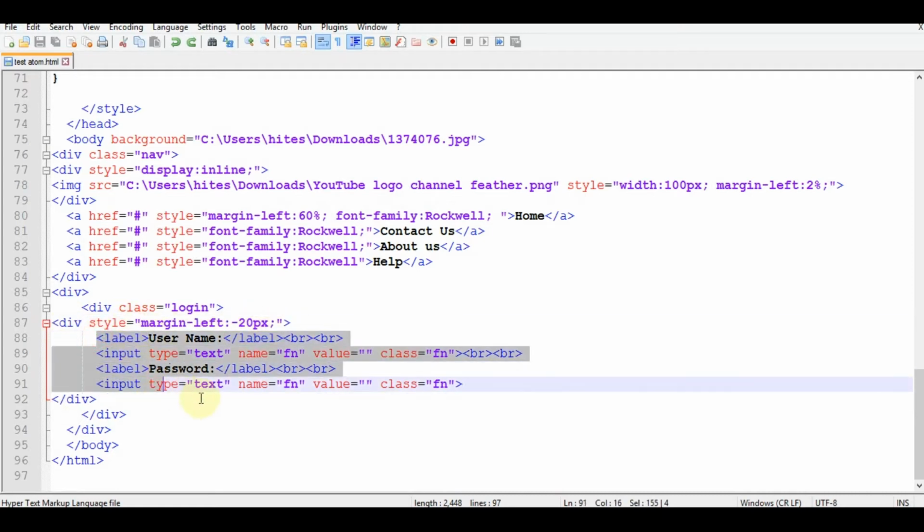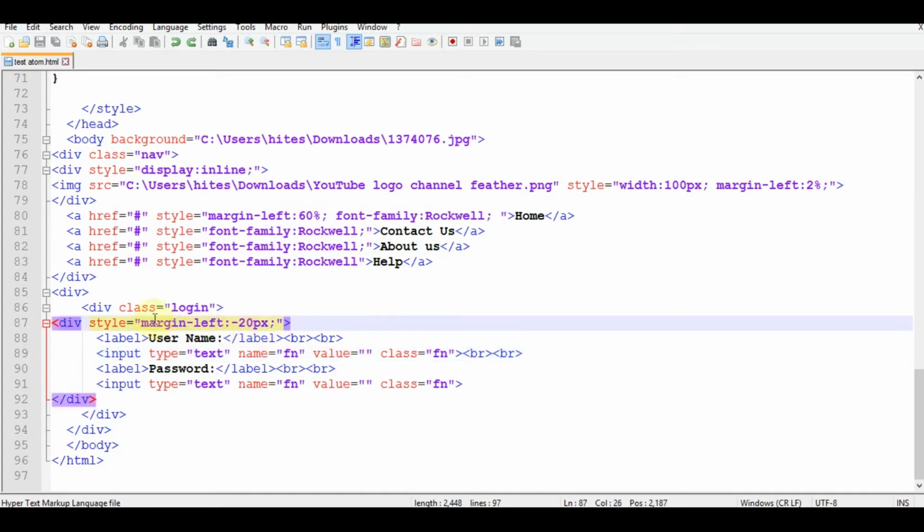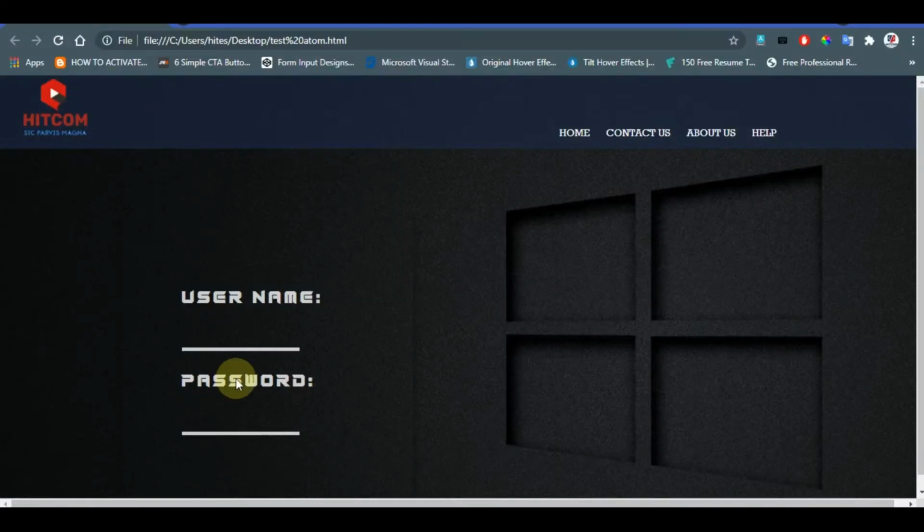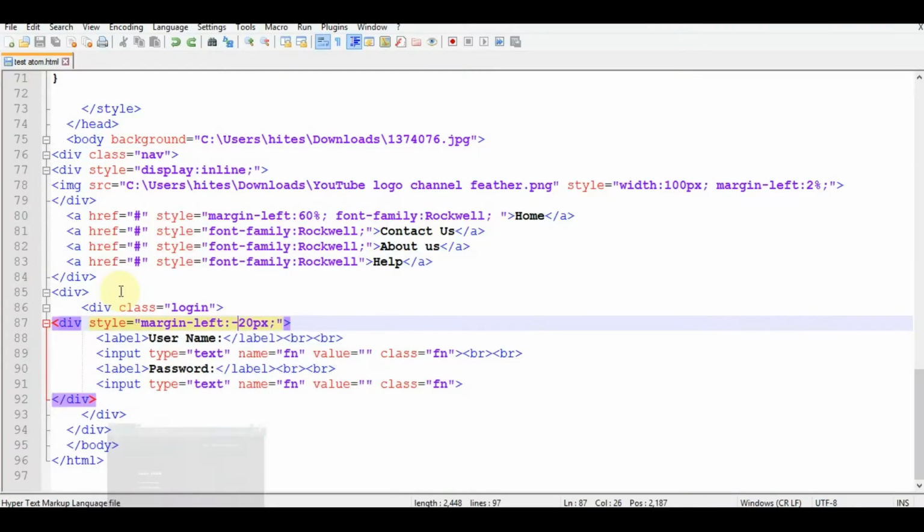It will be applied automatically on the content inside the division. That will be much helpful. Instead of doing it 4 or 5 times, I will do it only once in the division setting and it will be fine. Like I have applied margin left minus 20 px. Minus 20 px means I want it in a much more left position in this division. Suppose I have done different numbers, obviously it will be moved by the number given here.